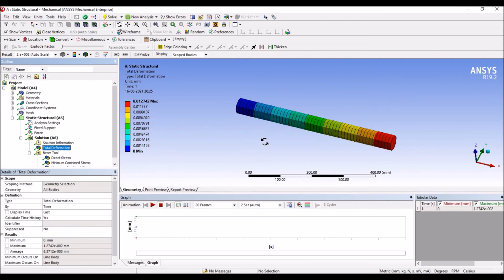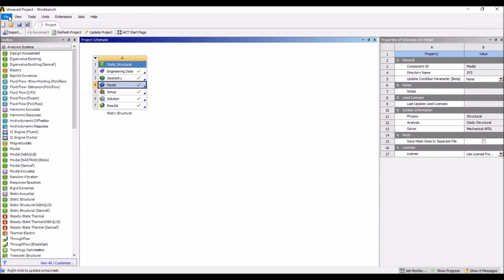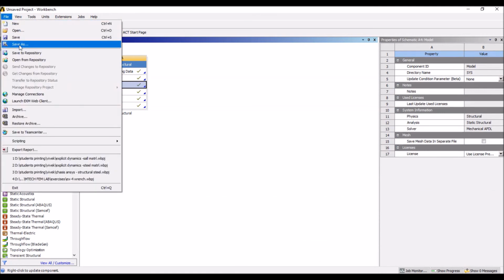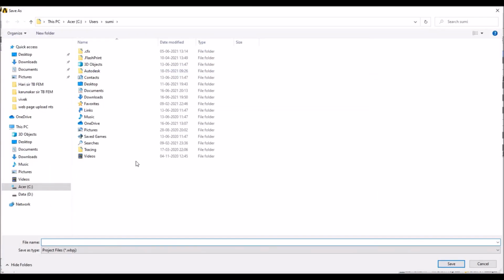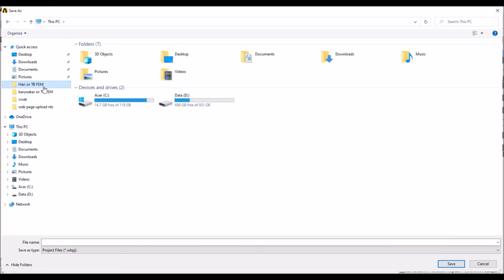Next, we'll see how to save this file. Go to project schematic, go to file, click on save as.